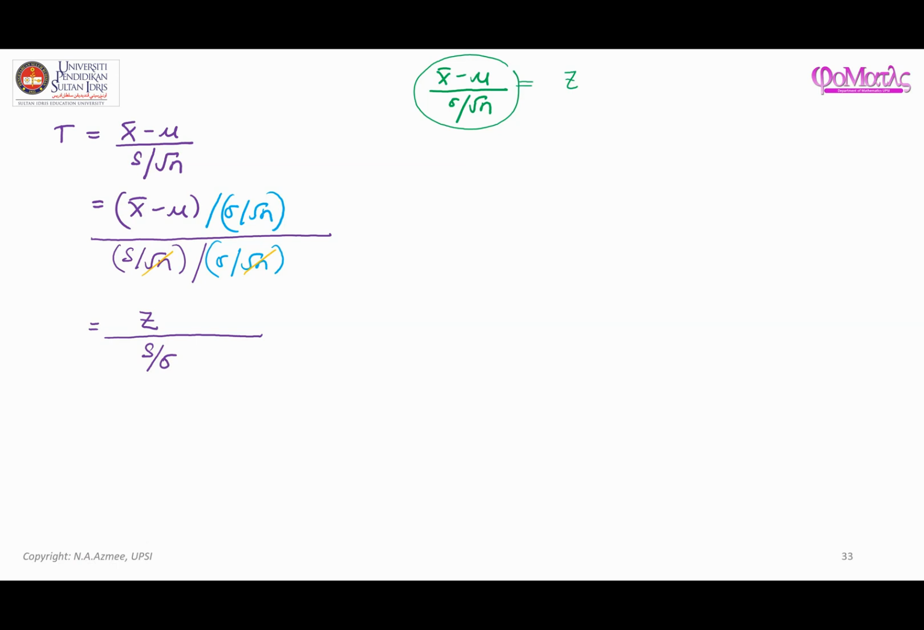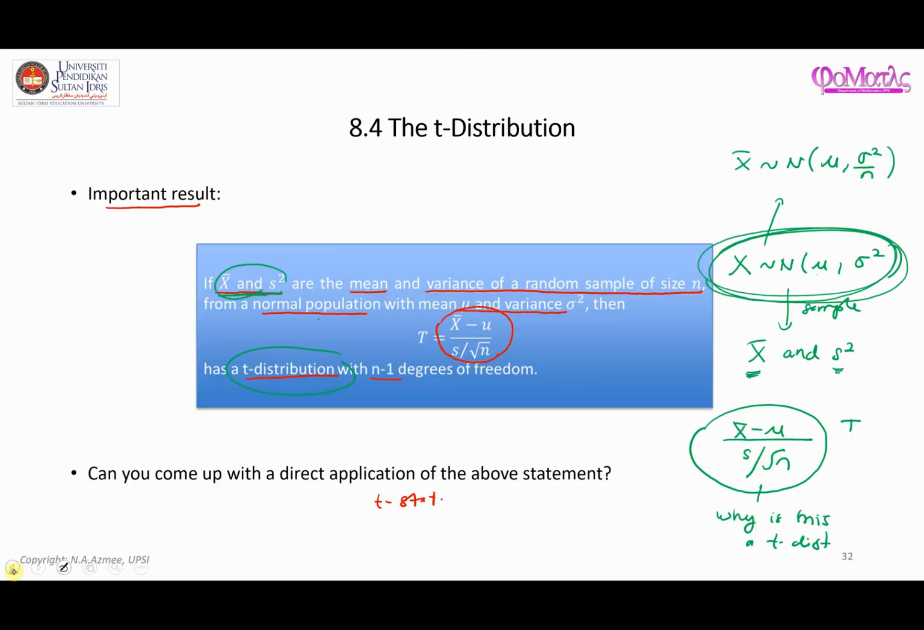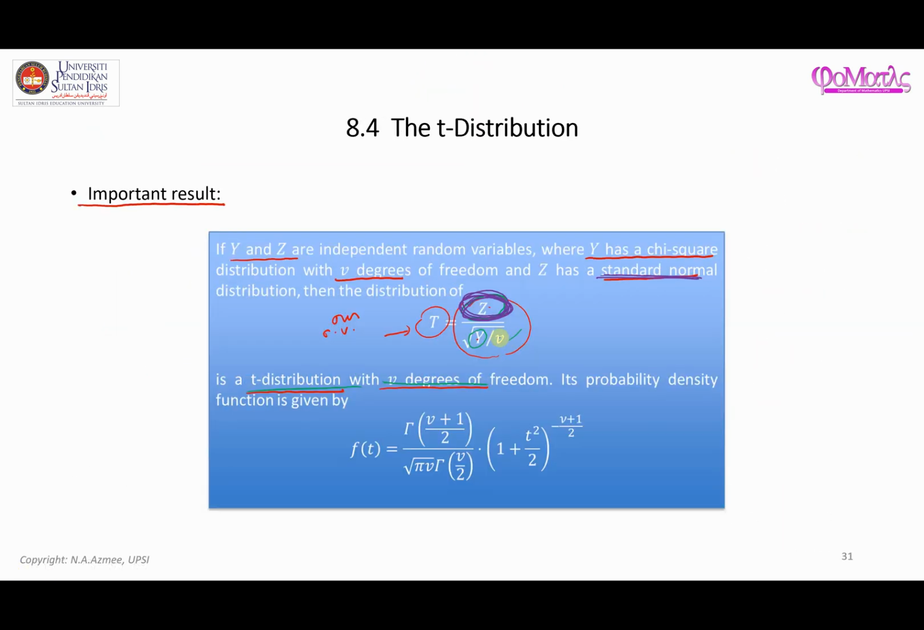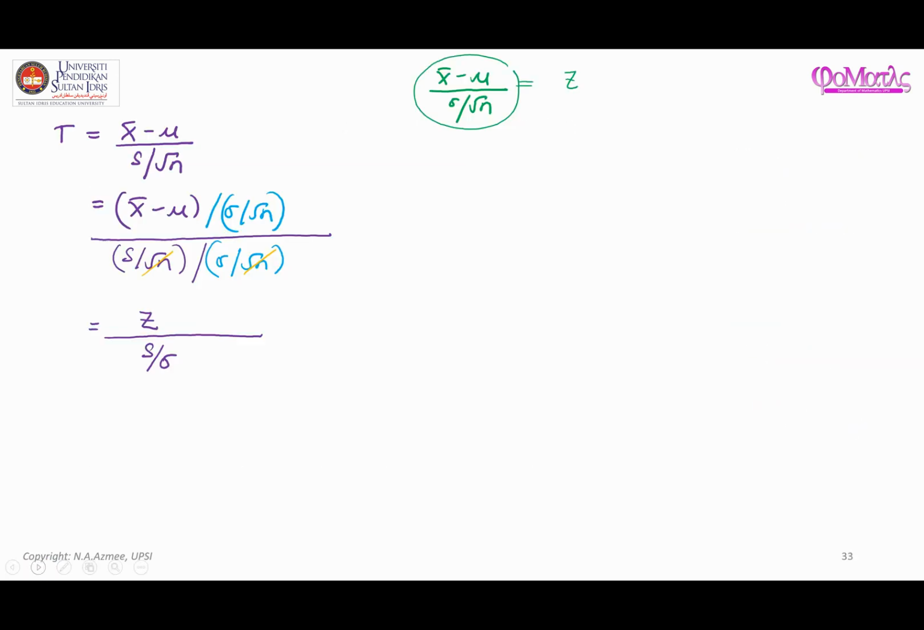Next, what I can do is express it in terms of a square root, because again we go back to the original result. We recognize there is a square root of something, the square root of y over v. What is y? Y is the chi-square random variable. So if I want to apply the square root, what I need to do is